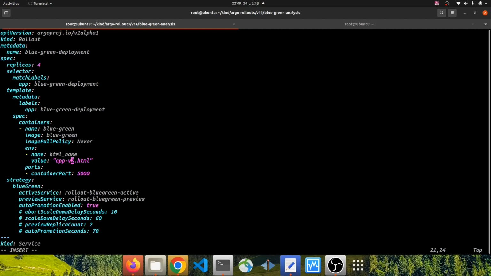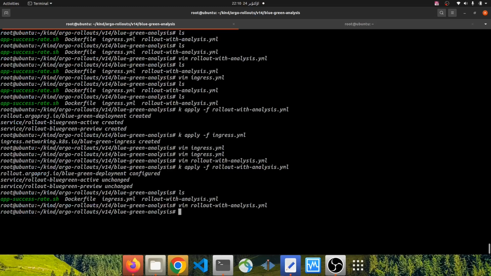This time, I'm going to change this value with an invalid value. For example, app-v3.html is an invalid value for the application. So we will receive an error because this is an invalid value for the application. So if I apply this rollout again,